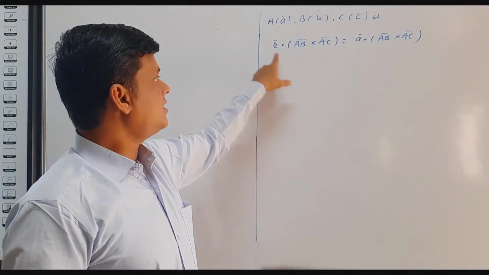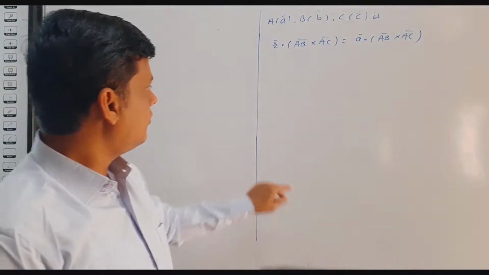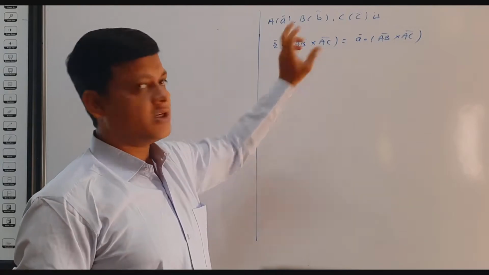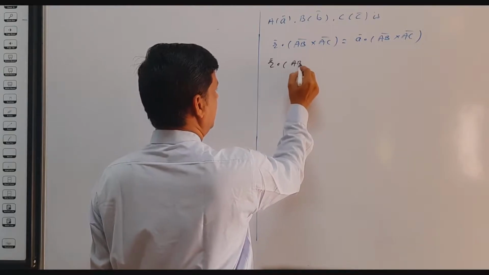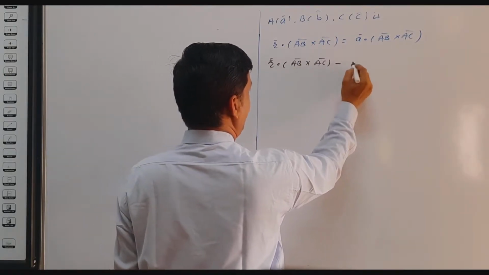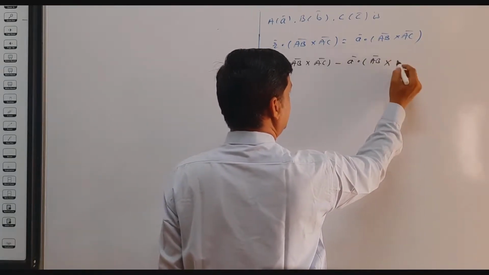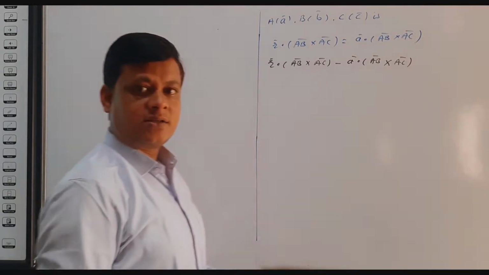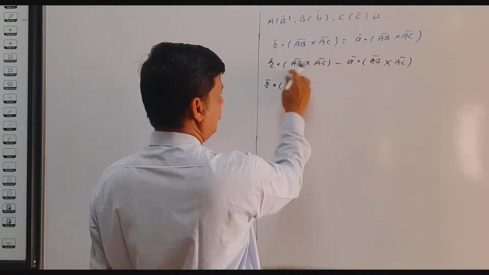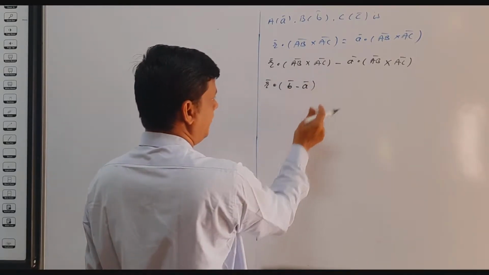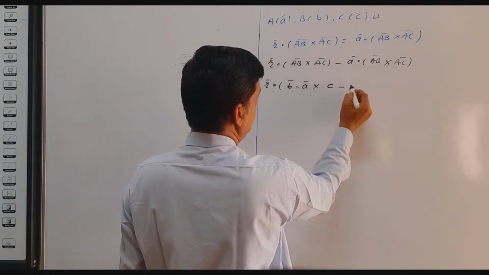for solving the problems. This is in vector form, so we have to reduce this to Cartesian form, or we have to reduce this to position vector form. So we write this as R bar dot vector AB cross vector AC minus A bar dot vector AB cross vector AC. We just shift the RHS to the left hand side. Now we write this vector AB as position vector of B minus position vector of A, cross position vector of C minus position vector of A.